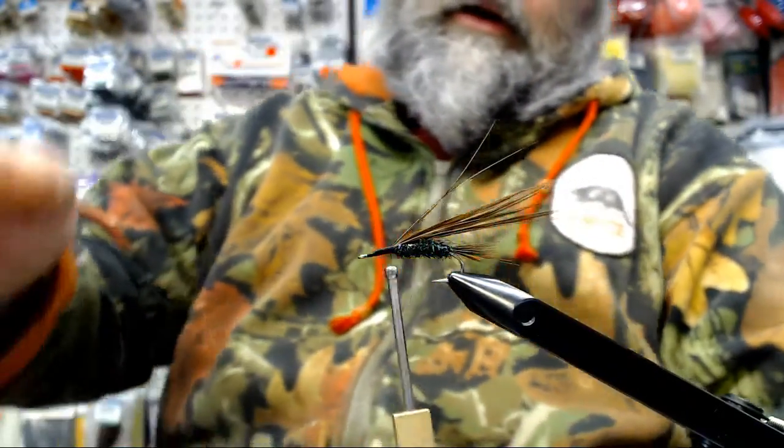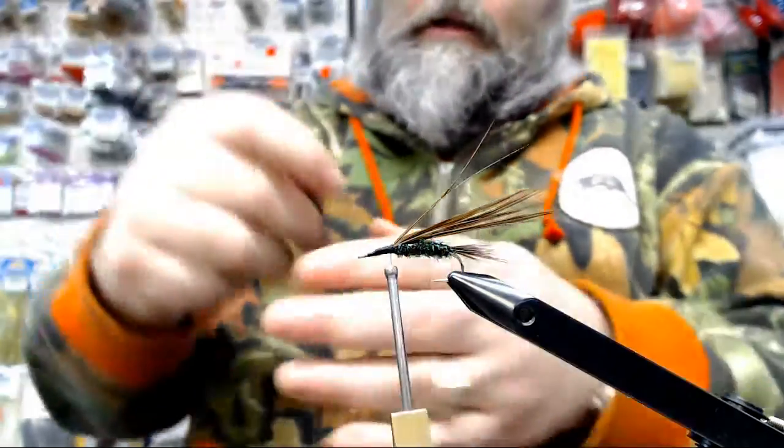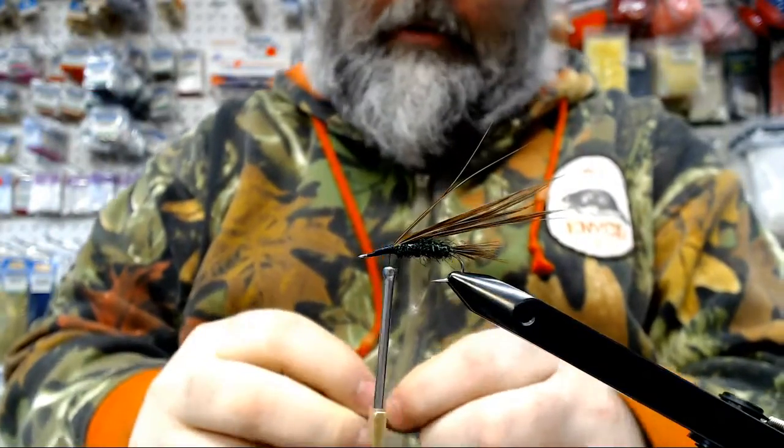Ladies. At this point, we've got this pearl chain. I got this up at Boggs Fabric. You can probably get it at Michael's or any of the...